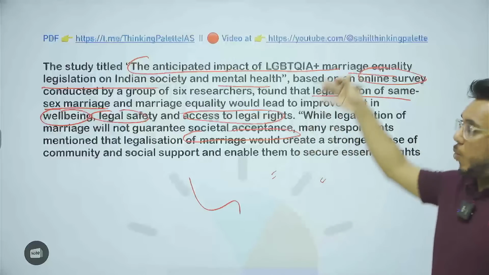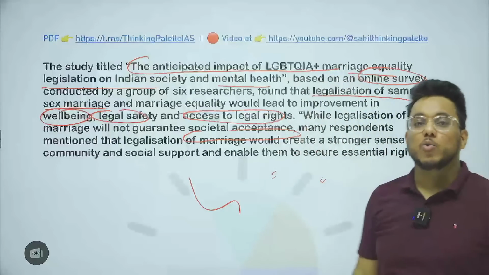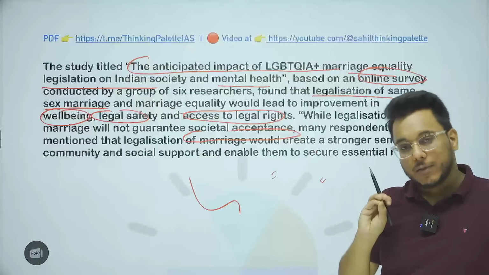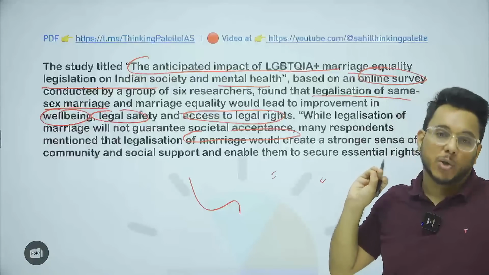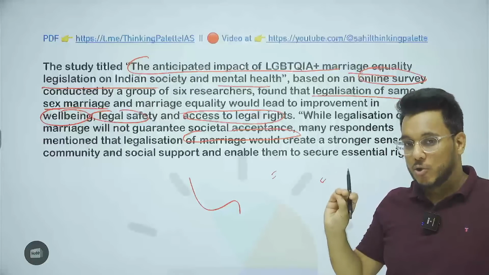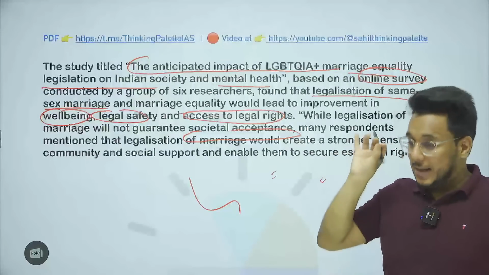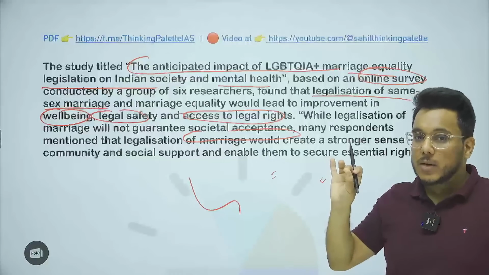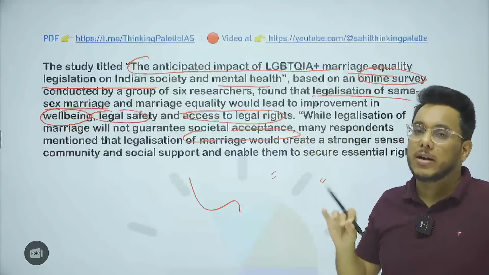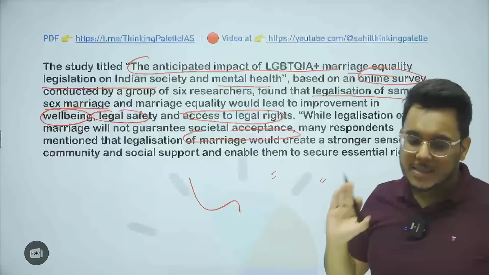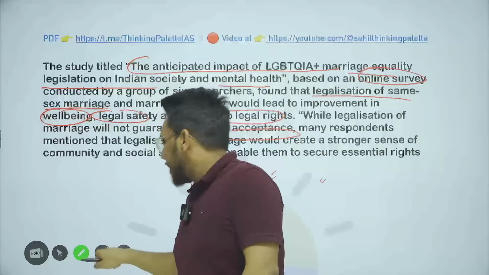So this is, guys, one kind of argument that you can use in your social related answers if the question comes. But for the matter of concept, number one, homosexuality is not a crime in India after the Navtej Singh Johar judgment, but they are not allowed to be married as of now. The Supreme Court is looking into that possibility. The Supreme Court will come out with a verdict in times to come, but as of now, the Supreme Court is hearing the matter. The final decision has not come out. This is, guys, all about it.